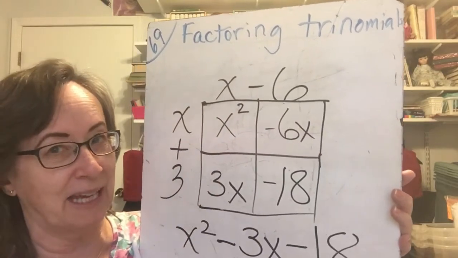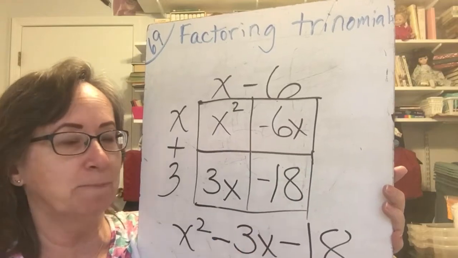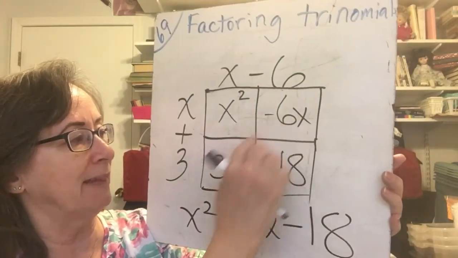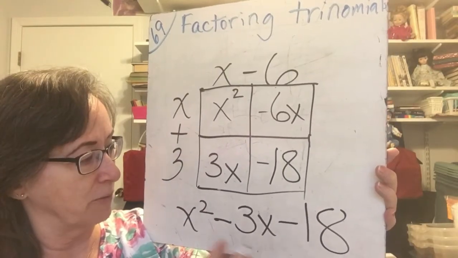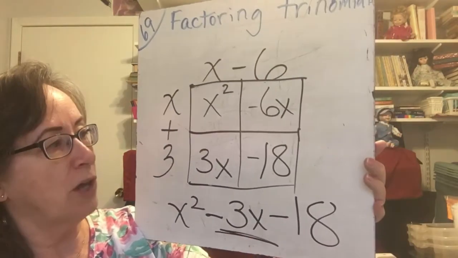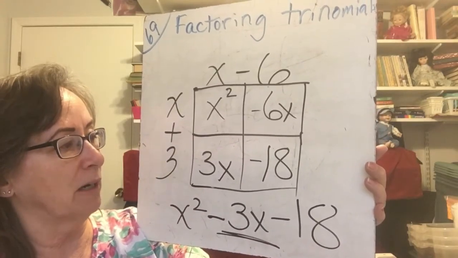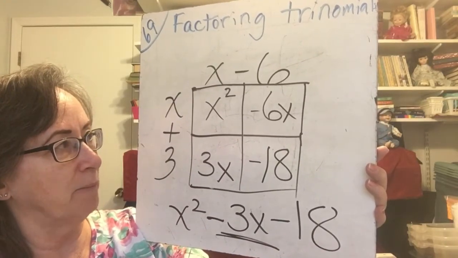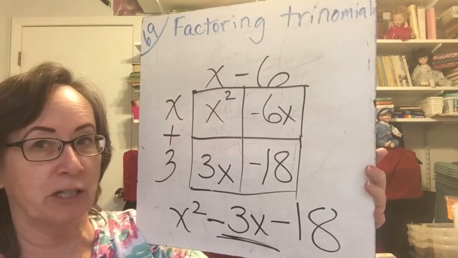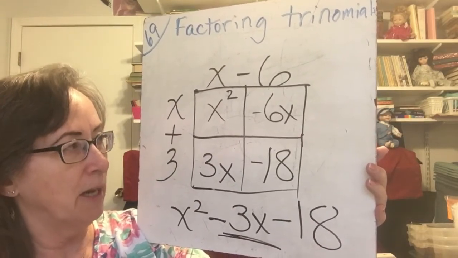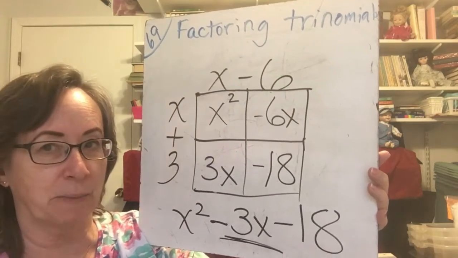So everything gets multiplied together, just like in FOIL, and then these two like terms get added for the final result. Okay, so when we are looking at this, maybe if you take this as a pattern, you might find this one easier to use. A lot of students do, but I'm just throwing it out there as another way to do your multiplication